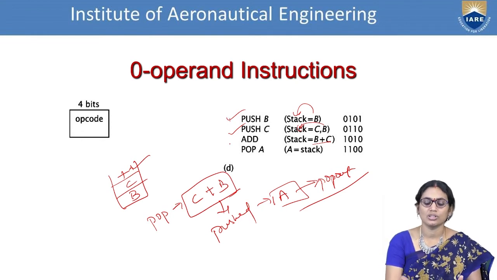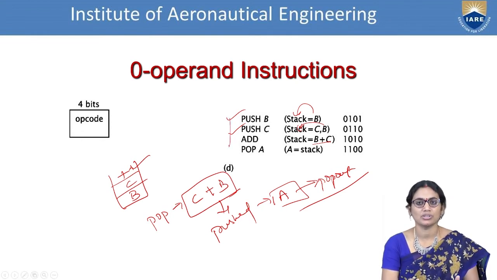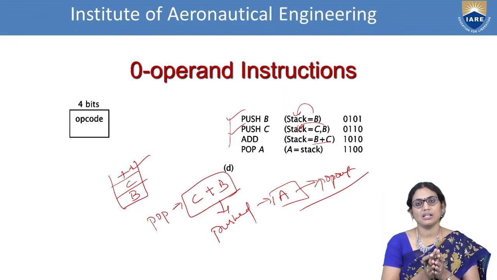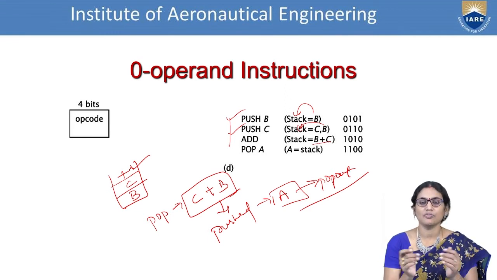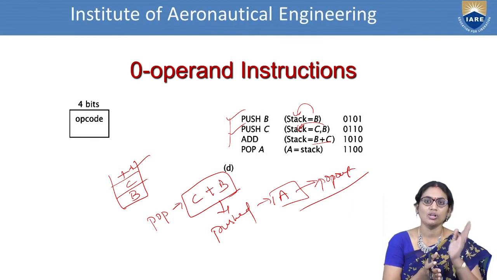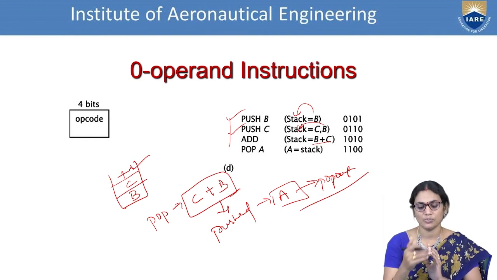So these are the 4 instructions with respect to the 0 operand instruction. That means the data is specified clearly, and we can have a single instruction. If you are not interested in specifying, then you need to reduce the operands and increase the instructions. So in this way, you need to operate the corresponding instructions based on the requirement.